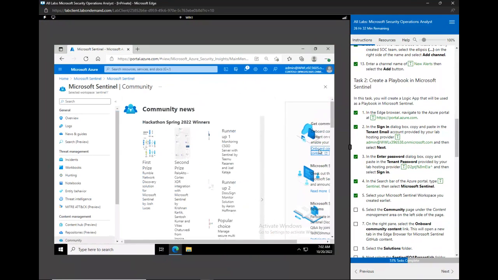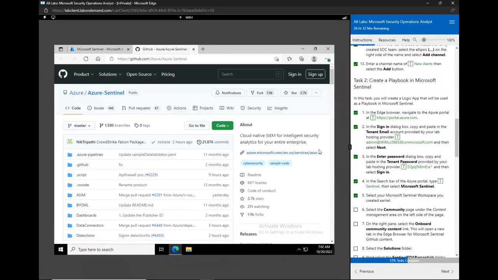Is this, and this redirects us to a GitHub repository. So I think that we are going to import a project or something, or to a source. On the right, and this will open a new tab in the Microsoft Edge